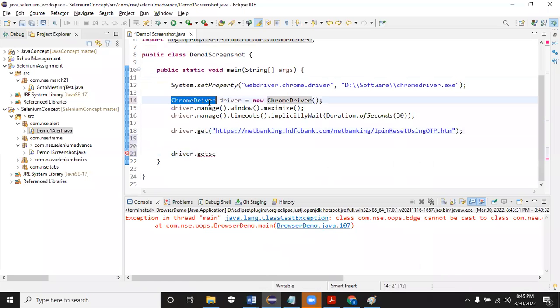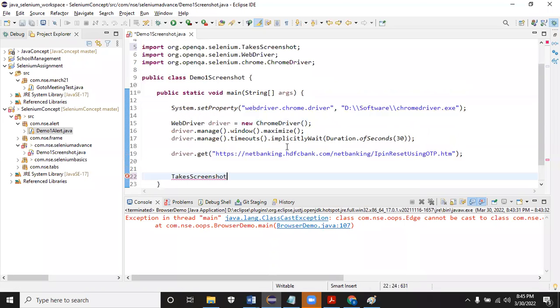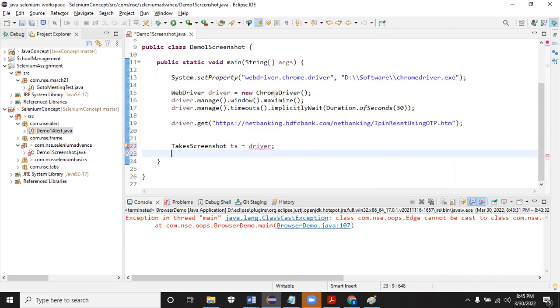But since the concept is WebDriver, we try to store it in the WebDriver. That is the layer where it will have the reusable code. That's the code we want to give high preference. For the remaining code, we have to do typecasting. Right now, I can do casting to ChromeDriver and call it, or I can do casting to TakesScreenshot. You see, TakesScreenshot ts equal to driver, I'll do. Now I know this ChromeDriver is having the...